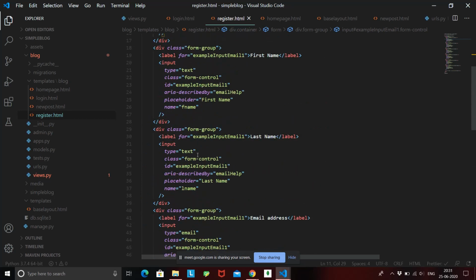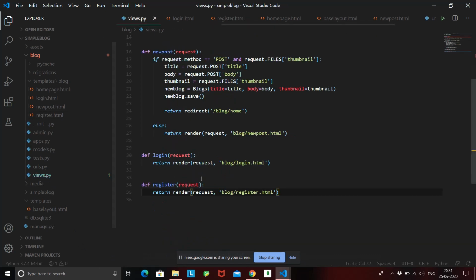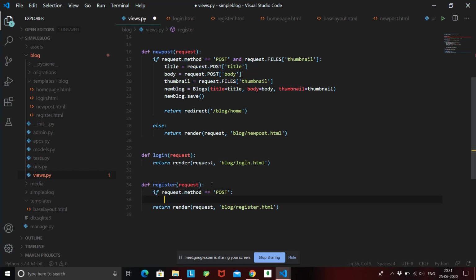Now inside our views.py file, we need to retrieve this data that is coming from the URL in the method of post. Okay, so we'll go to our urls.py file, and this is our register URL, right? The register URL is calling this register function. So what we are going to tell this function is, if request.method equal post, then we have to handle that complete data that is coming, else we have to render out this page. If the method is not post, if it is a get request, then we have to render out this page. If the method is post, then we have to handle the data that is coming. Okay, so let's try to handle it.